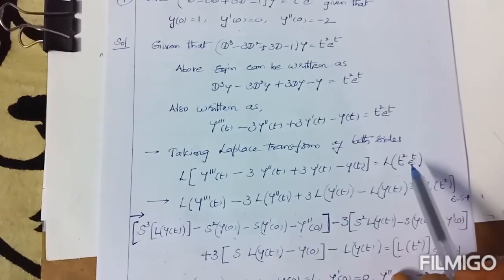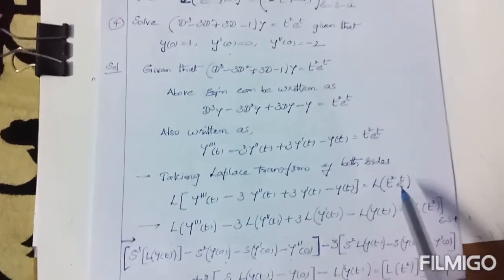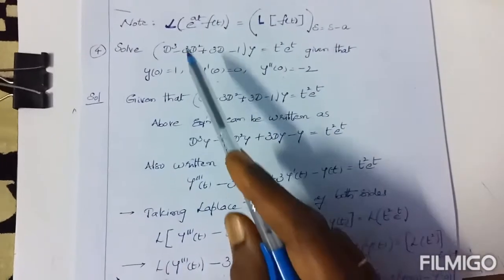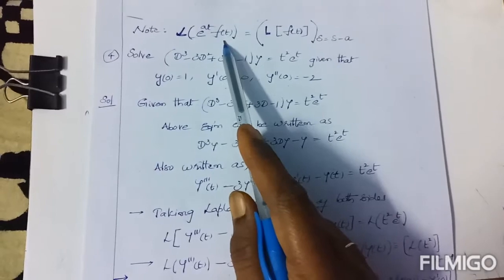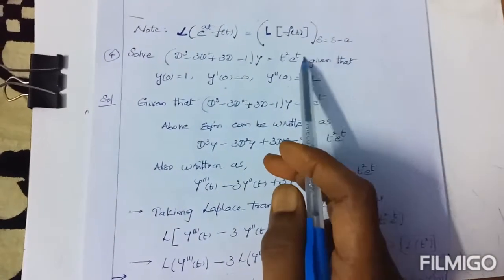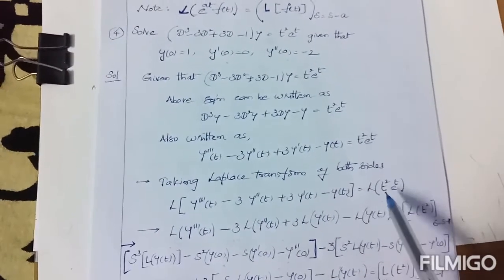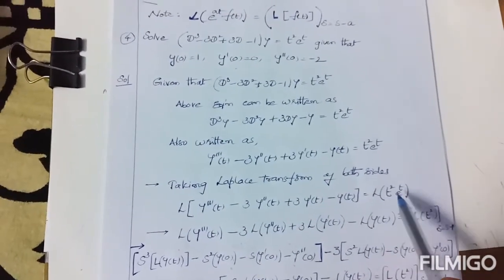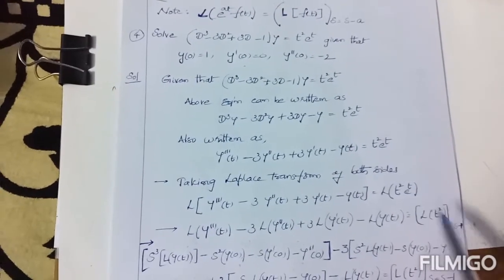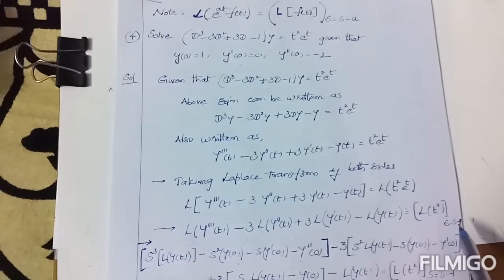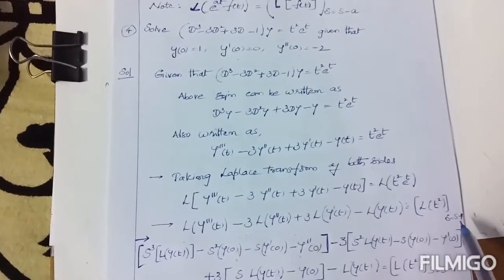Now a u into v form is there. Out of the 2, one is exponential. So we already discussed this formula before. According to this, we have to operate L on only f of t. Instead of the exponential, s equal to s minus a. Similarly here also we have to apply L on only t square. Instead of the exponential, what is the coefficient of t here? 1. So s equal to s minus a, a is 1, s equal to s minus 1.